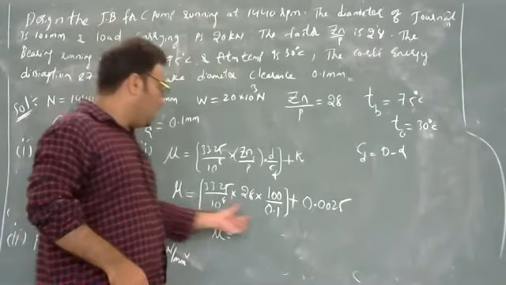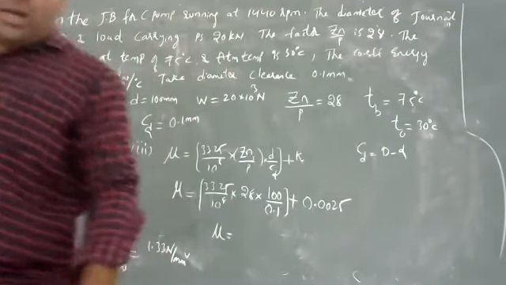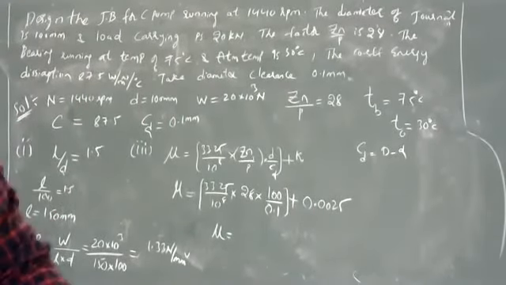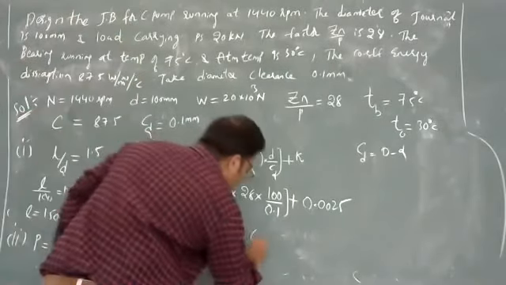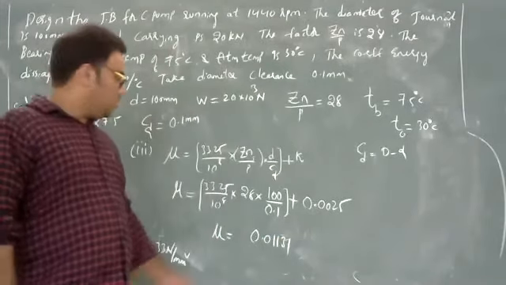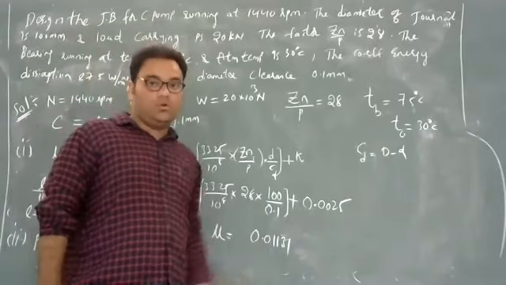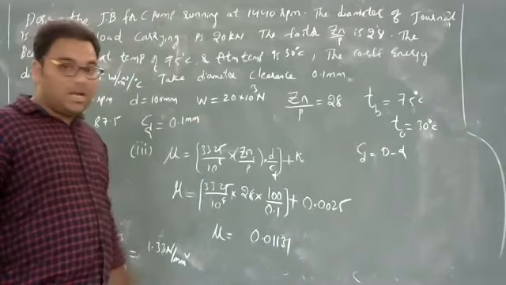After calculating the total value, you may get around, I am directly giving the answers. What is the answer? 0.01131. So this total value will be around 0.093 something like that. Then you will get the mu value. Now you have also calculated the mu value.